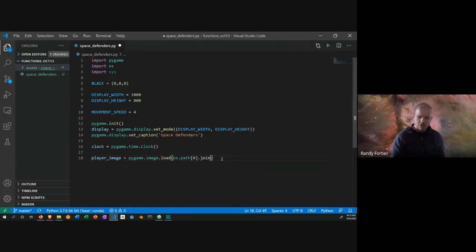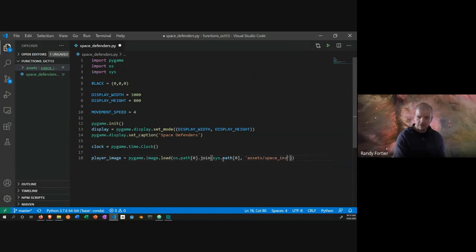I'm going to take the actual path to the file, but not the file name. And then I'm going to append to that a new folder structure, which is going to be Space Invaders